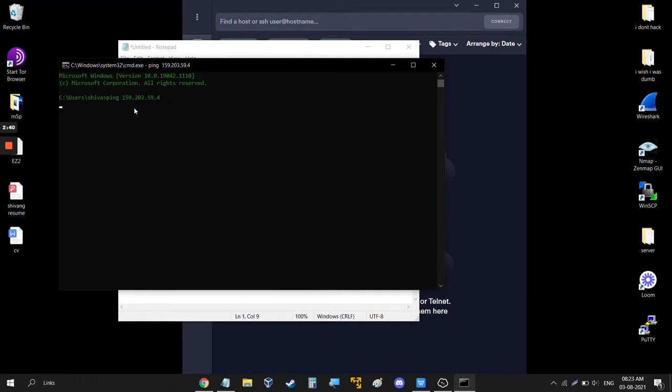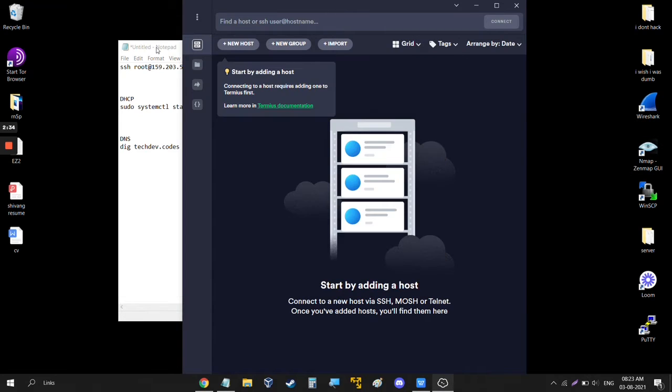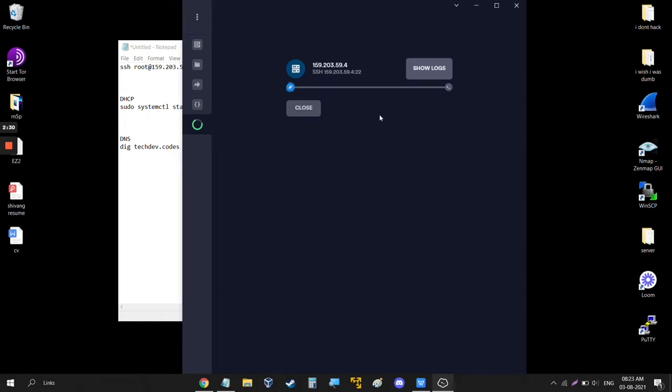And this is our website running, and this is Termius, which I am using for connecting to our website. I'll show you the DNS and DHCP configuration.